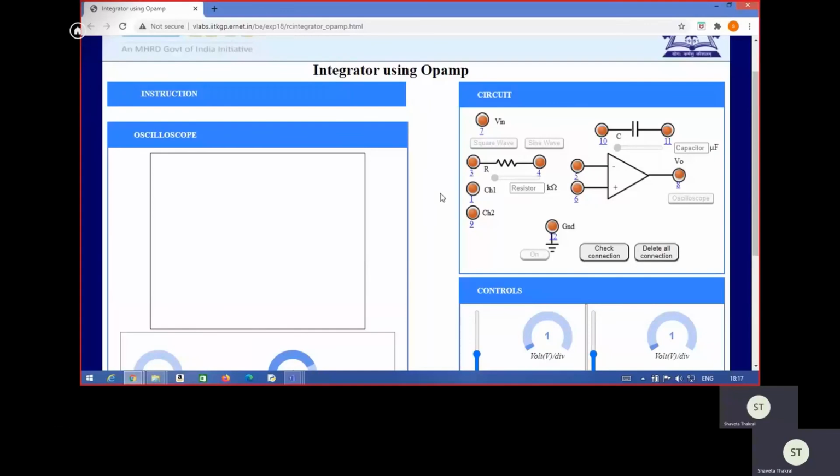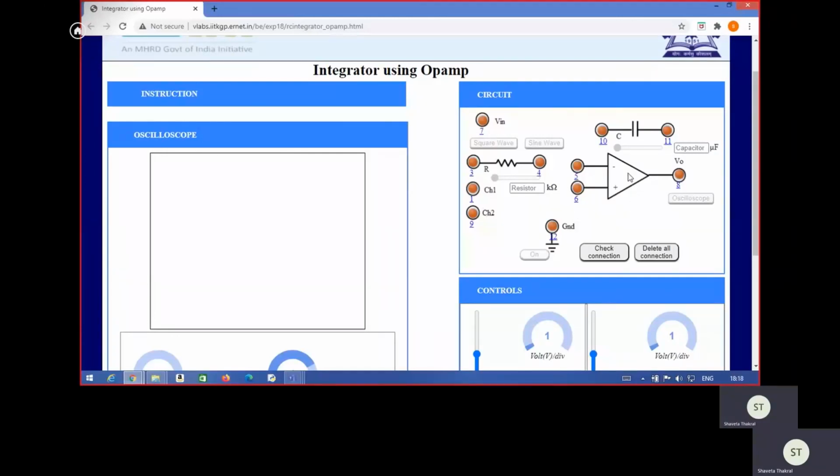First, we are providing a square wave as input signal to the integrator, and secondly we are providing a sinusoidal signal as input signal to the integrator, and we are going to see the response of the integrator for both the inputs, and finally we are going to trace the wave shape of the output signal for square wave input as well as sinusoidal input.